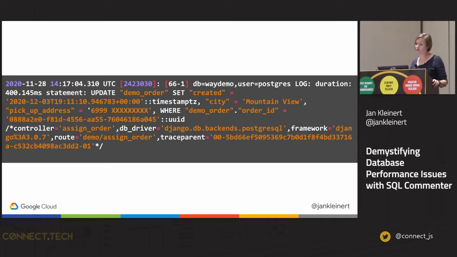And so here's a bit of a more full example of what this might look like in one of your logs. So here you've got a log entry for a query that took about 400 milliseconds. We have the SQL statement, and then we have that comment. And so it's showing us that this particular statement was issued from the assign order controller and the demo/assign order